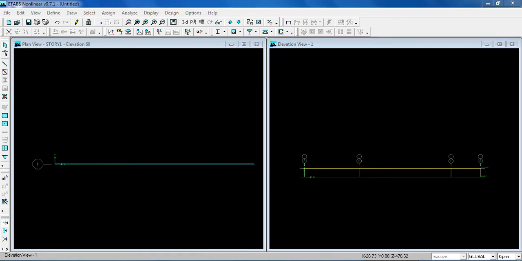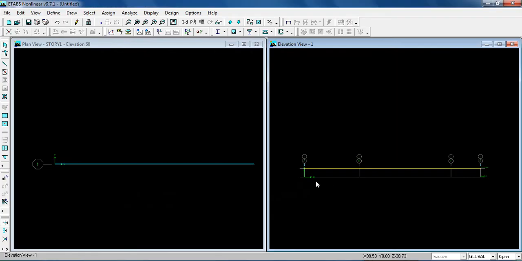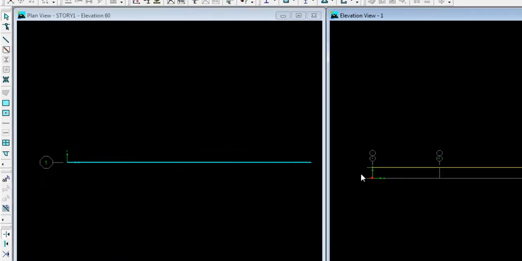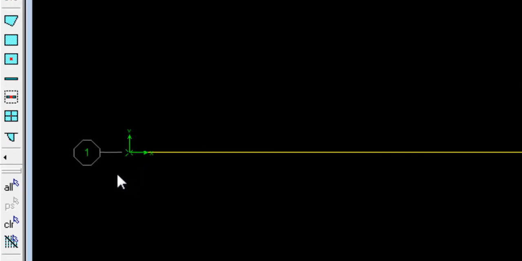Okay, so look at our plan. At point A there is a fixed support, and at B and C there is a roller support. So select the A point. You can select it in the plan view or in the elevation view. I select the plan view. Just I am clicking here, see,